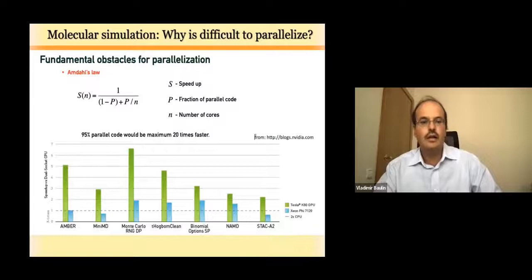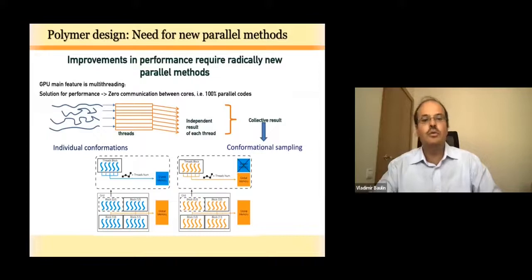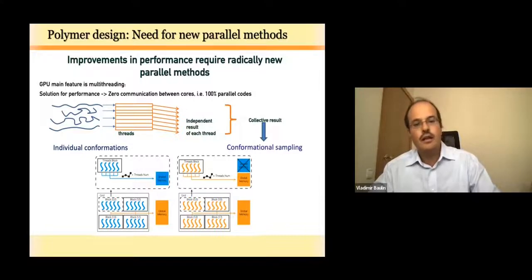Even if there is parallel code, you see, for example, if you reach 95% parallel code, then it can be only maximum 20 times faster. So this 5% will limit this. And if you do code which is 100% parallel, so it means you use even on GPU, each thread is independent, and of course they will all do the same in the GPU. They need to do the same operation every clock time. But for example, if we are doing exactly the same, like generating the molecule,